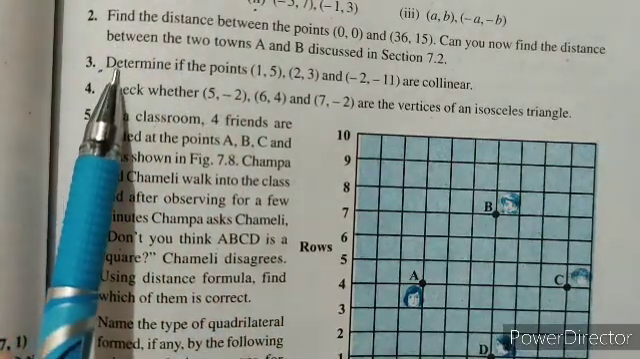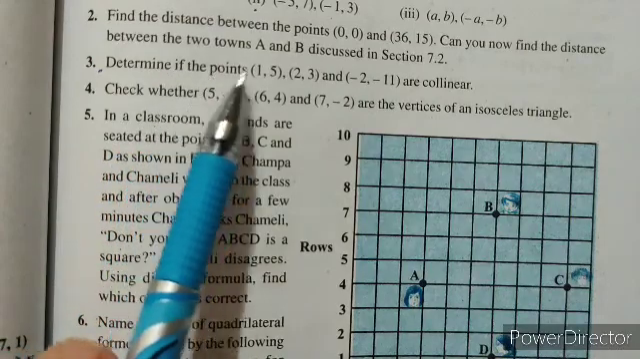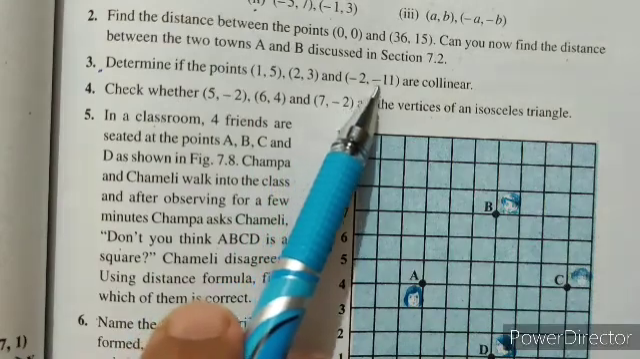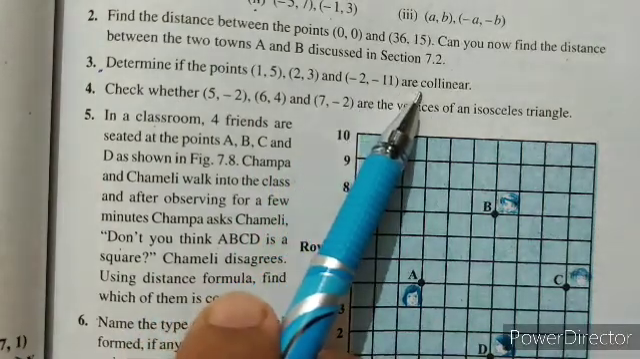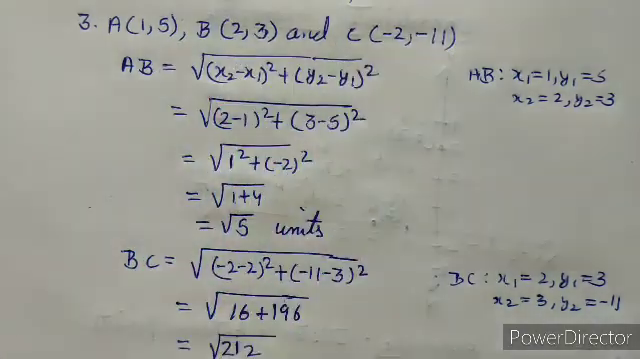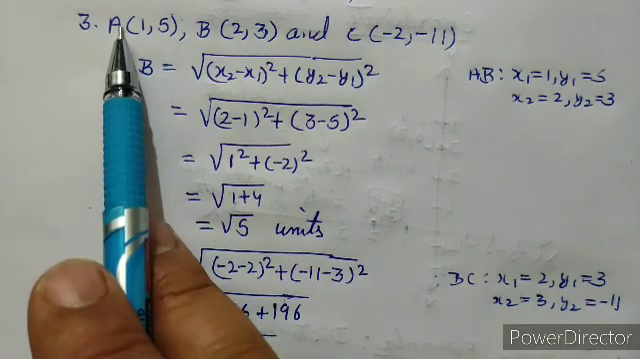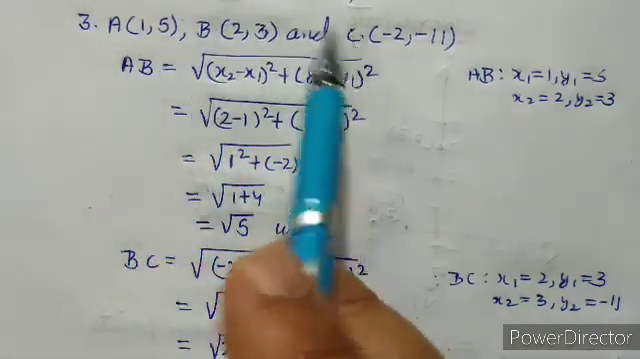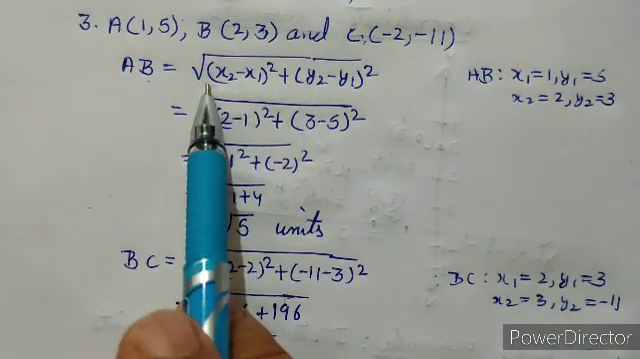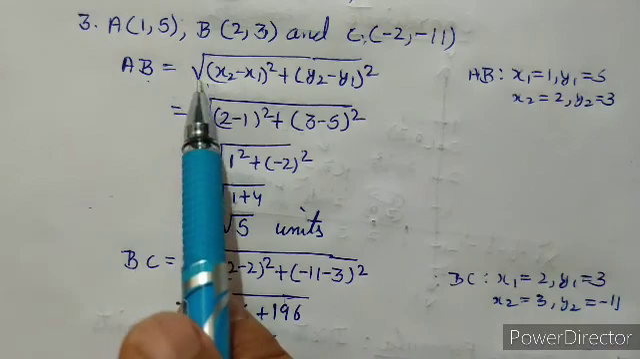Now in question number 3, we have to determine whether the points (1, 5), (2, 3) and (-2, -11) are collinear or not. Points A, B and C are given to us. We have to check whether they are collinear or not. For that, we will find out the distance between AB, BC and AC. Now AB, as we know by the distance formula, we can say